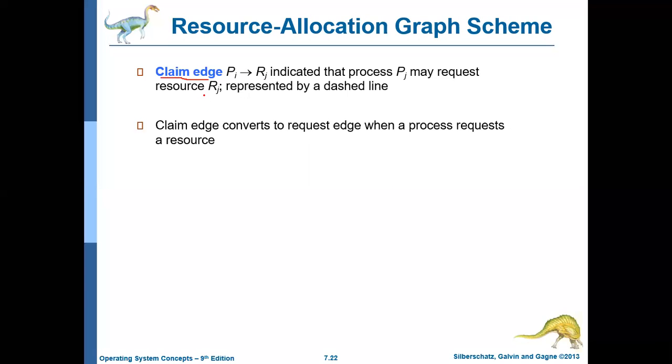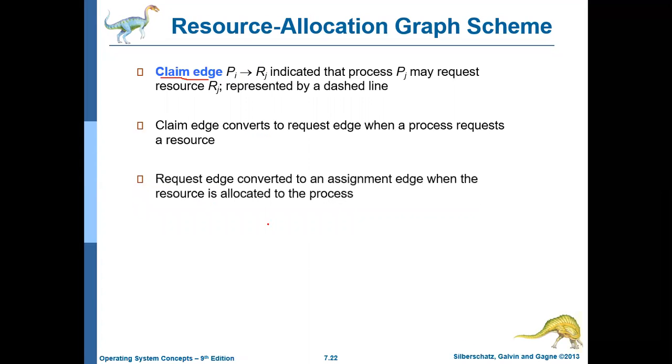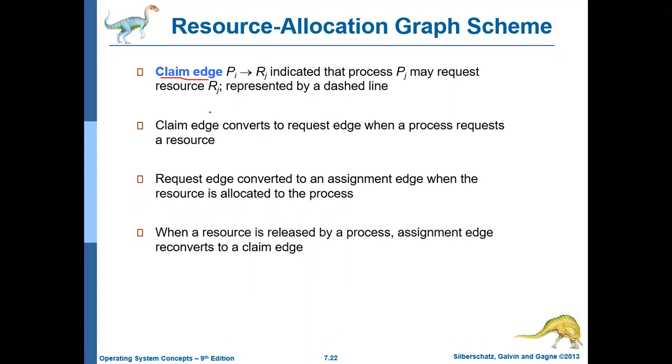Okay, request edge, we know Pi is requesting the resource Rj, and the request edge will be converted to an assignment edge if the resource is allocated to the process. So the assignment edge comes from resource to the process. Similarly, if a resource is released by a process, the assignment edge will be converted to a claim edge, because again in the future it may recur. Okay. So with this basic understanding, let us move to the resource allocation graph,